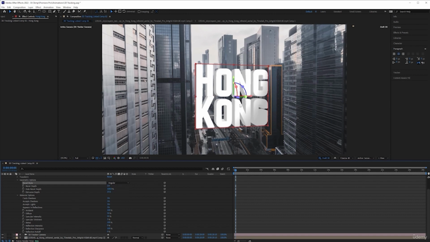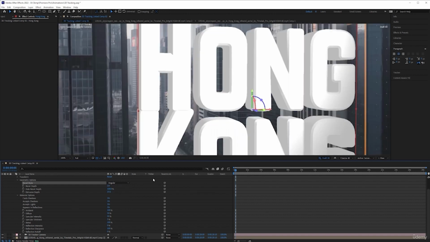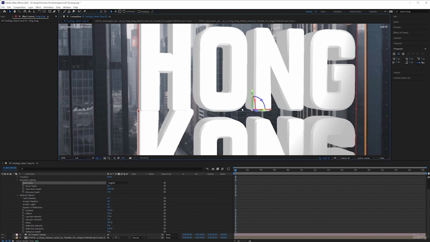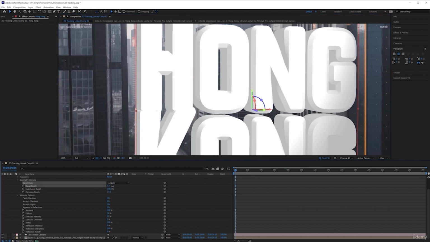See how that kind of adds to it? Let's just zoom into a little bit there. Don't forget we're on Draft 3D. If we take off Draft 3D, it will render a lot better, but we're using Draft right now just to make it a little bit easy for us. We could actually drop down to quarter as well. See how it goes? It doesn't render like that. It just helps. It just really helps. And I'm just going to drag this up a little bit,